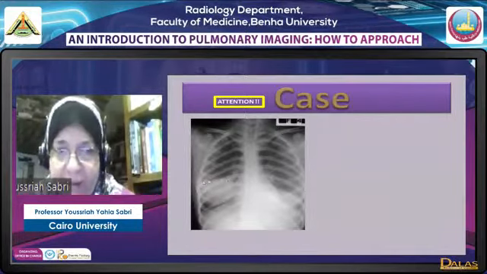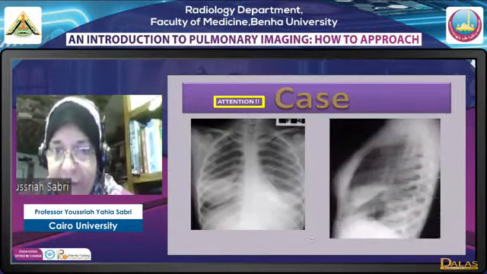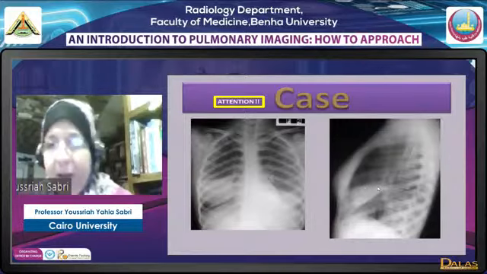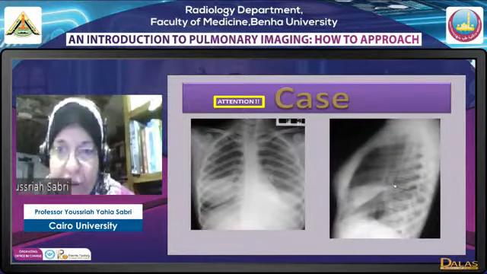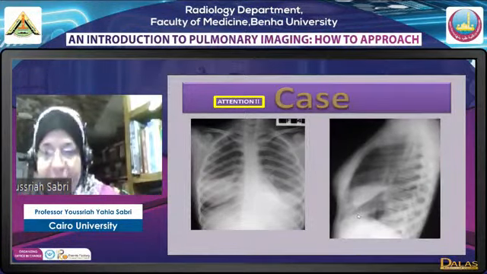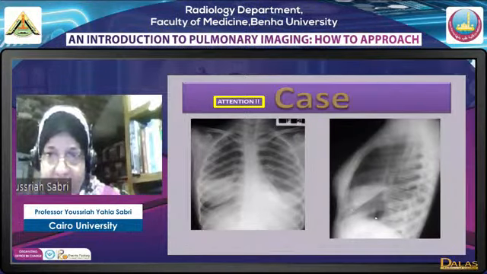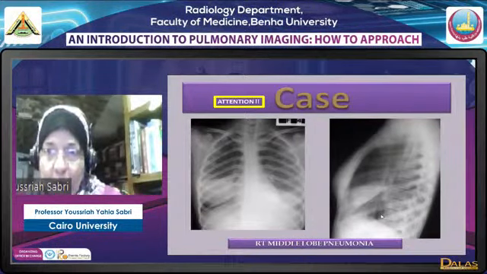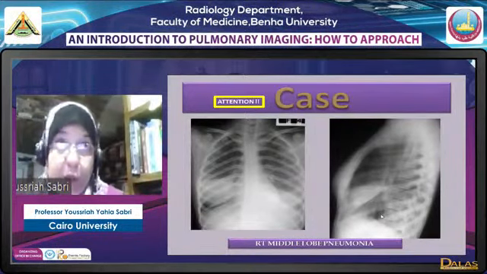We have the linear definition of the opacity, meaning this is the fissure, minor fissure here, okay, and this is basal opacity, obscuring the heart and is delineated superiorly by the minor fissure. In the lateral film, we have a triangular opacity with straight lines. This one, the upper one, represents the minor fissure, and the lower one represents the oblique fissure. They are not retracted, they are horizontal and they are smooth and straight. Okay, so this triangular opacity represents right middle lobe consolidation, and we will come to know that lobar consolidation is